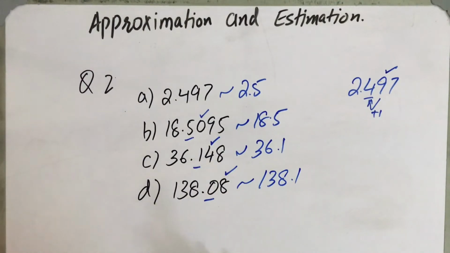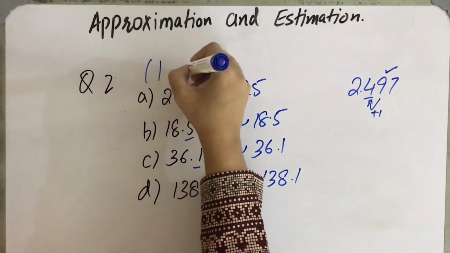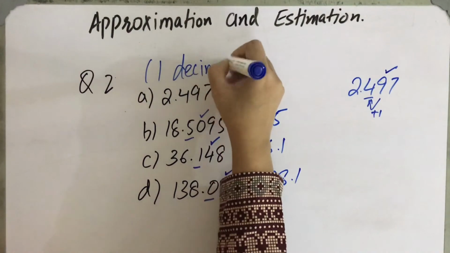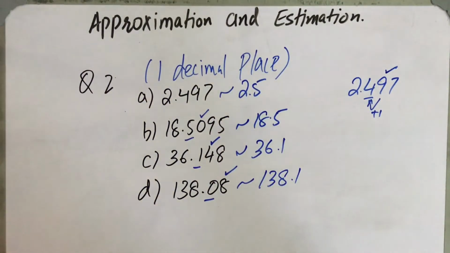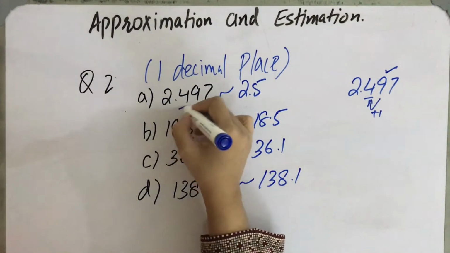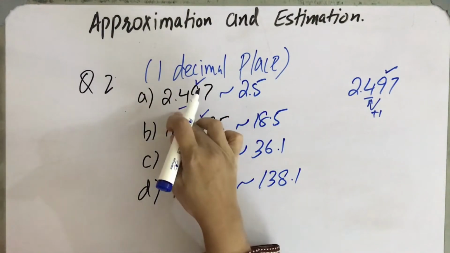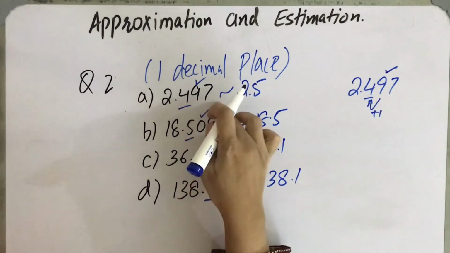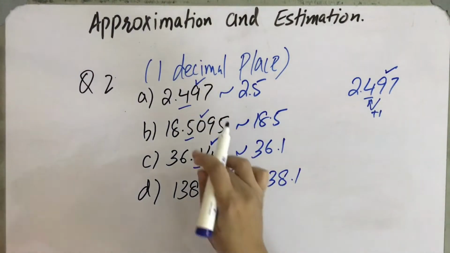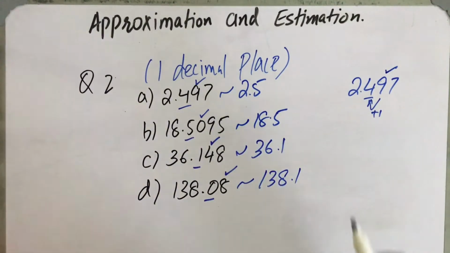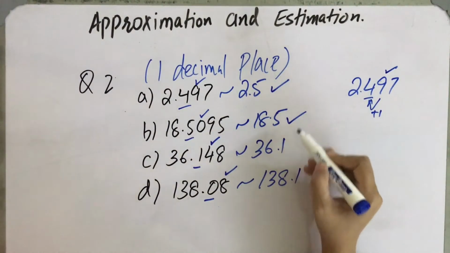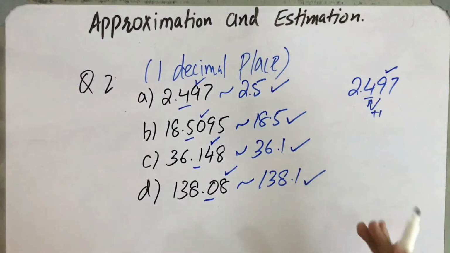Whenever we have to give our answer correct to one decimal place, we underline the first decimal and study the second one. If the second number is more than 5, then we give 1 to the previous and drop the rest of the number. And if the next number is less than 5, we ignore it and write the remaining number. Our answer will have one decimal place.